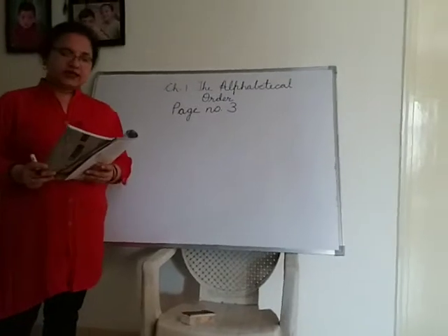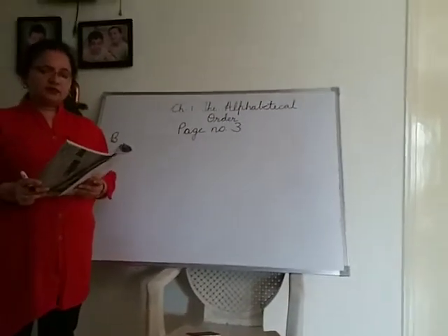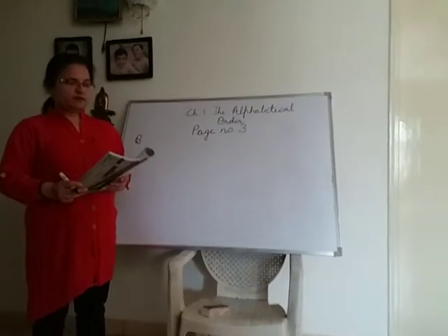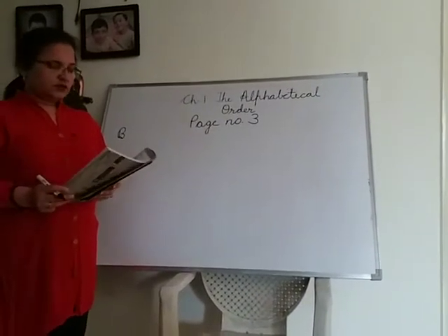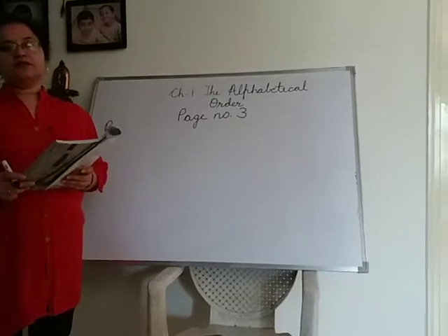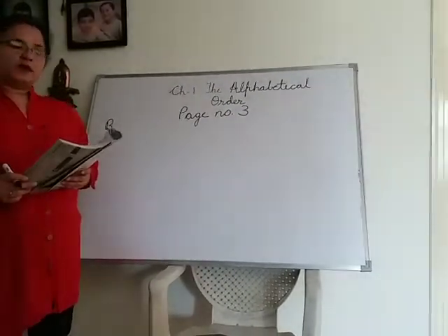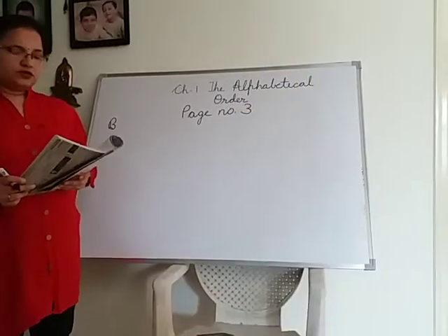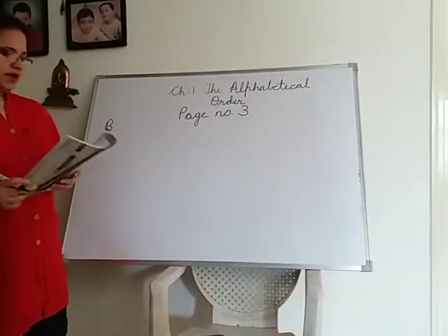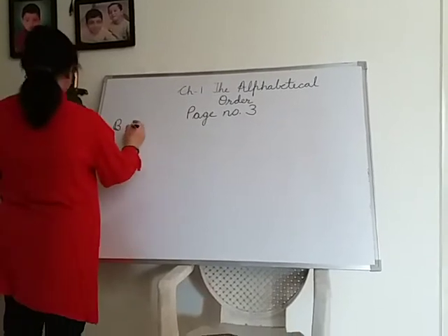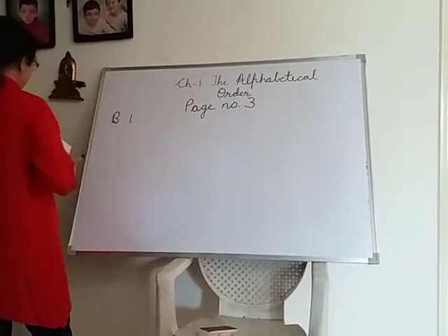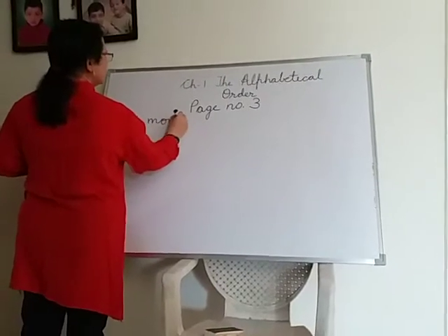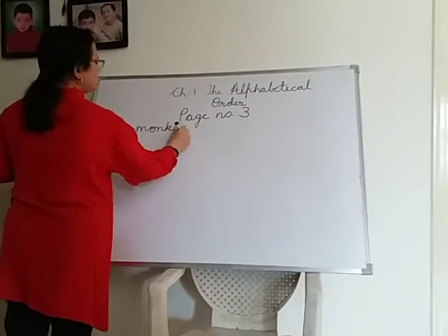Now this exercise is to unscramble the names of these animals. Few animal names are given, but the words are not there in proper form. The letters are not in proper order. Now what you have to do, you have to unscramble them. So you will get the names of animals. Now first one, what is first? If you can do it on your own, students, try to write on your own. Afterwards you can copy from the board.